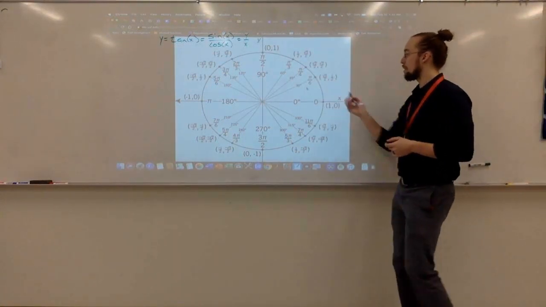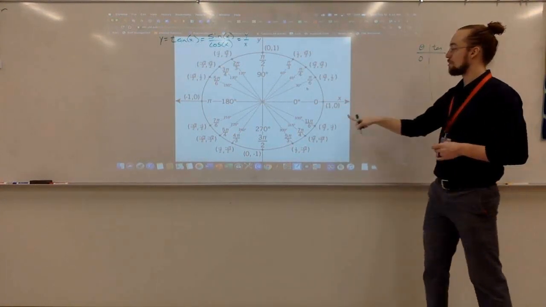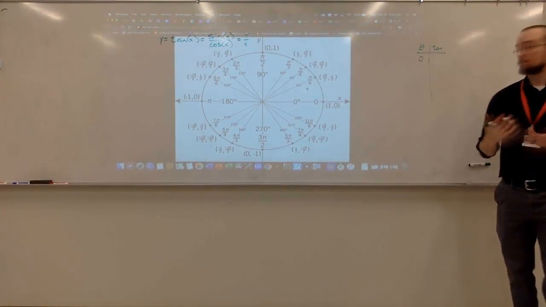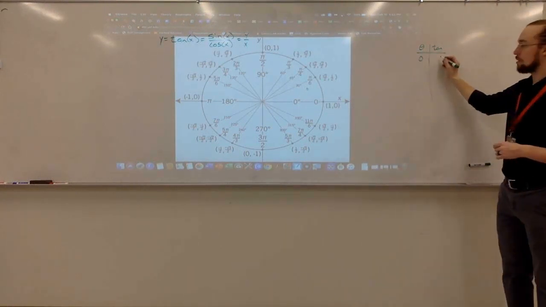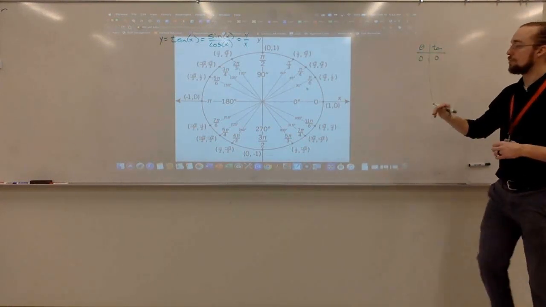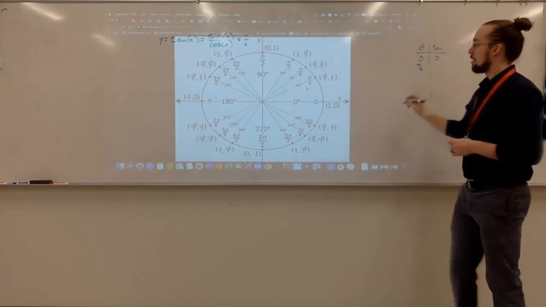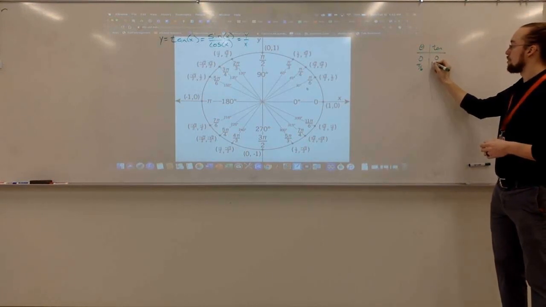So for this, for pi over 6, well, I guess we can start at 0. For an angle of 0, if I take the y value over the x value, 0 over 1, that's going to be 0. For an angle of pi over 6, if I take 1/2 over the square root of 3 over 2, we get